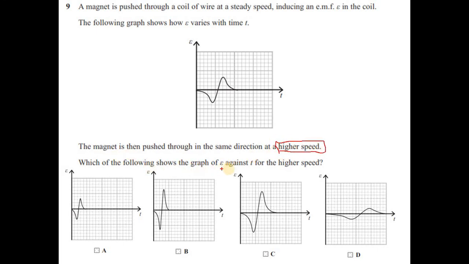Which of the following shows a graph of E against T for higher speed? So higher speed means the rate of change of flux will be higher. So flux is going to change at a higher rate. That means the producing EMF should be higher. So the peak value must be greater than the previous one, and because of the high speed, it will take less time